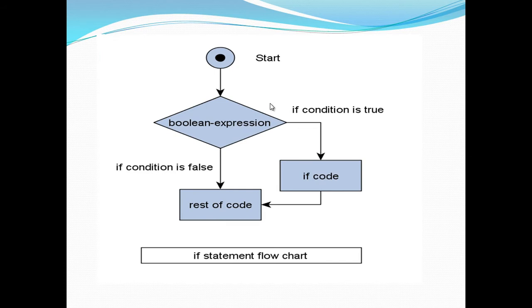If we look into this flowchart, we see that when we start, we are provided with a boolean expression. If the boolean condition we have passed in the if is true, then whatever comes in the if block gets executed, followed by the rest of the code, meaning whatever code remains after the if block. But if the boolean expression comes out to be false, then the if code is skipped and the rest of the code after the if block gets executed. So friends, this was the if statement in Java. Now let's move ahead to Eclipse and see how to code the if statement.